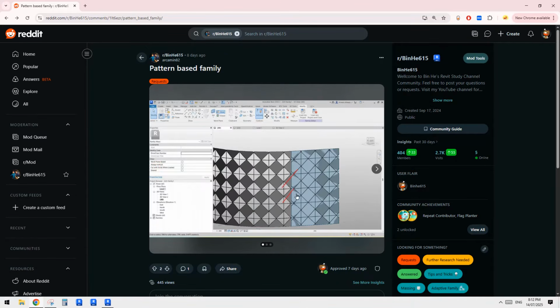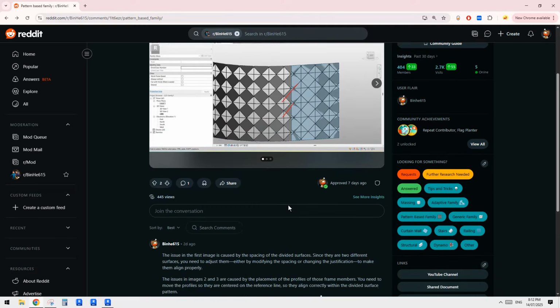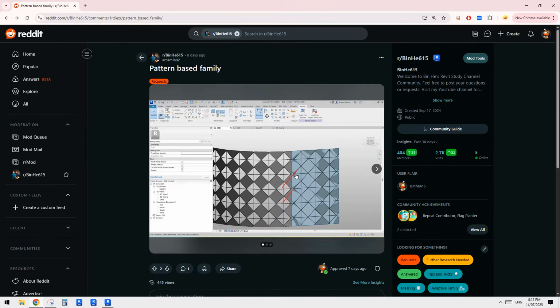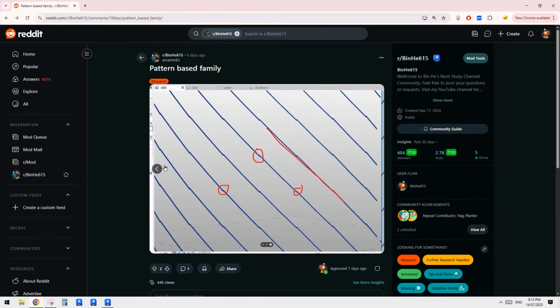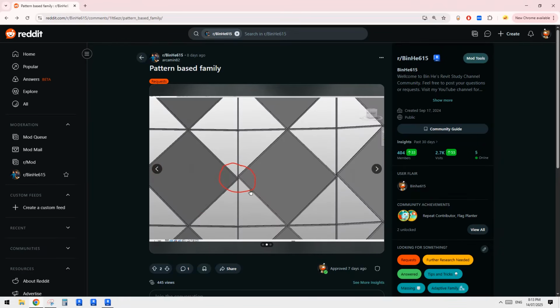Okay, so apparently this is a pattern-based family, and you can see there are two surfaces and the pattern's not matching. So yeah, I can quickly talk about that. And it also looks like the pattern's not matching. So for this one, I think it's probably because